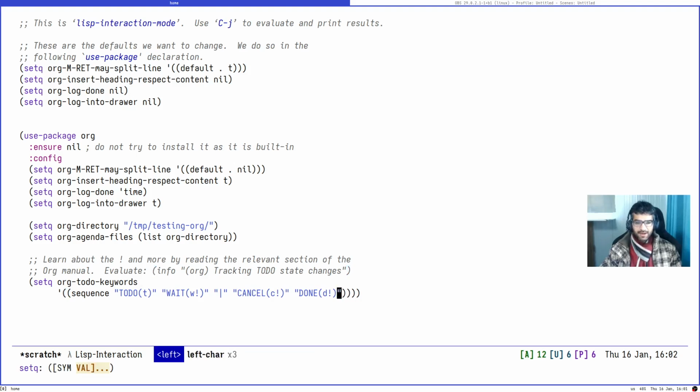Here I just have the sequence of keywords, and I have a special character next to them, this exclamation mark, which the manual explains. What this exclamation mark means is that when you set the current keyword, also log the timestamp of when the change occurred. This is the idea. On the topic of keywords here, you can be really elaborate and have all these state changes and keep track of everything. I did that,